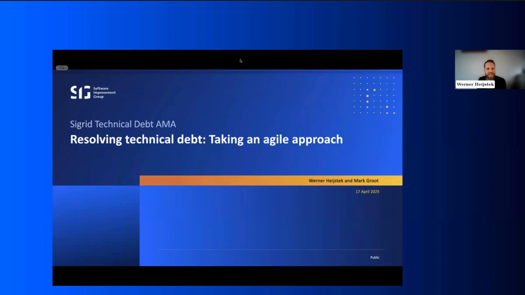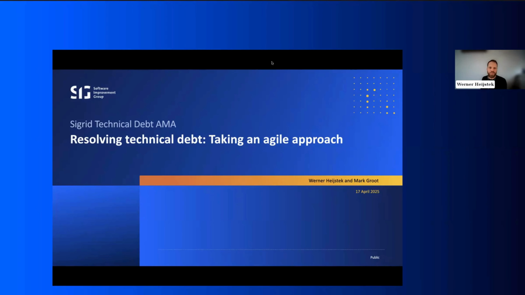My name is Werner Heijstek. I'm responsible for delivery at Software Improvement Group. I've been with the company for the past 12 and a half years, mostly involved with either commercial activities or delivering our services. I have a background in science, worked at different universities in Israel and New Zealand. I'm still part of the faculty at Leiden University at the Institute of Advanced Computer Science, LIACS, where I do some research specifically in software architecture and software architecture design. But I will not spend too much time talking about that.